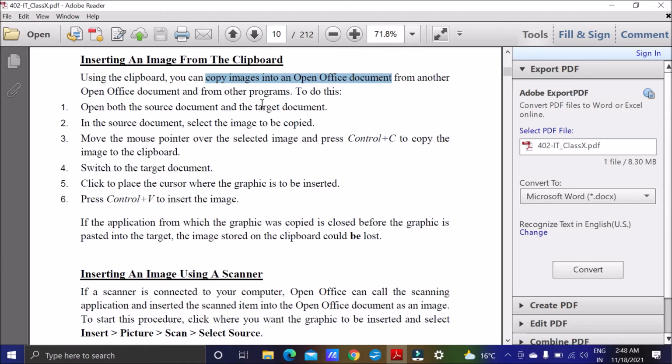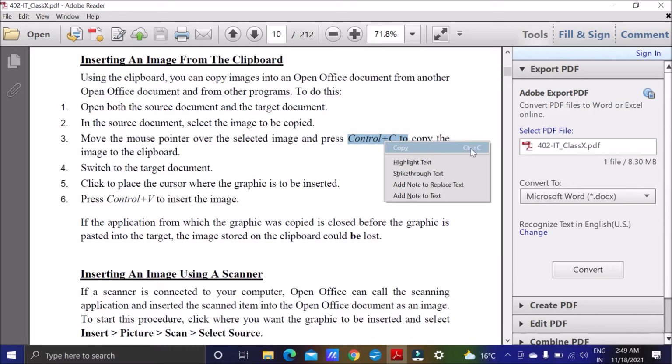Okay, so how can you do this? We have to open both the source document from where we have to copy and the target document. Both we have to open, and in the source document we have to select the image to be copied. We move the mouse pointer there, and we go for the shortcut Ctrl+C, or right click and select copy.